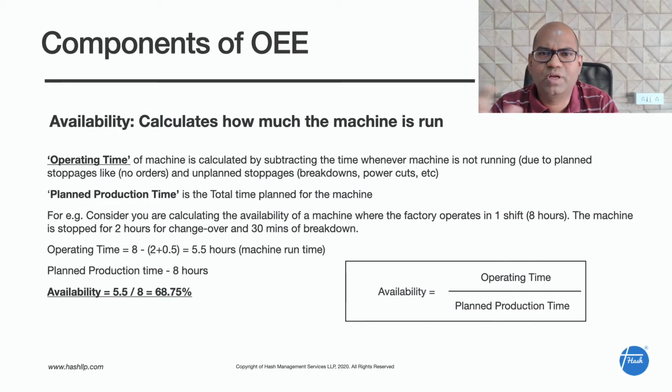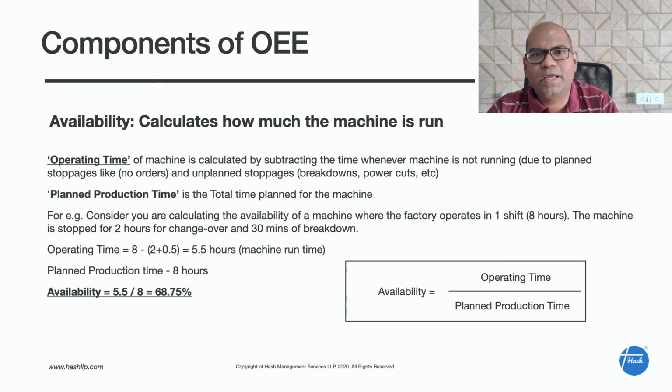The first parameter we need to understand in OEE is called availability. Availability means operating time divided by planned production time. Let us say we have bought a new machine for our factory, and this machine is used for only one shift. Our plant is running for one shift, so we are using that machine. So in that one shift, which means 8 hours, how much am I really utilizing the machine? That is called availability. That is operating time divided by planned production time.